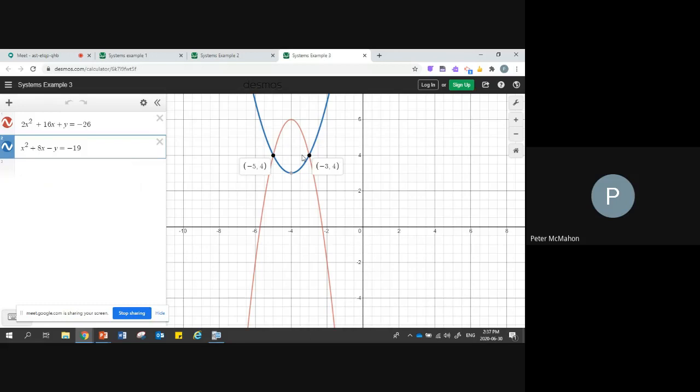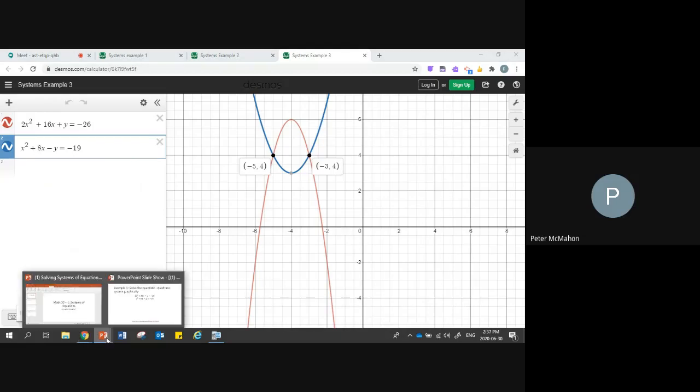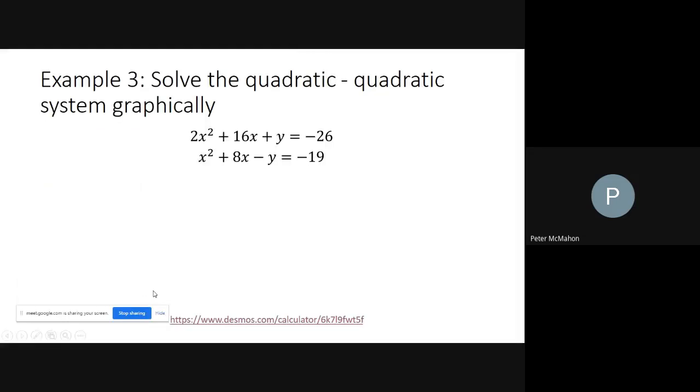All right, guys. So in the next lesson, we're going to be moving on and doing some algebraic ways to solve these systems as well. Okay, so we're solving by substitution and by elimination. Now, what I recommend that you use this process for is that this is going to be really good to be able to check your work. Okay, so now on a test or on an assignment, we're going to ask you to solve these ones algebraically, but solving it graphically is always going to be a way that you can check your work. Now, it might take you a couple minutes to do that, but you'll know if your answer is right every